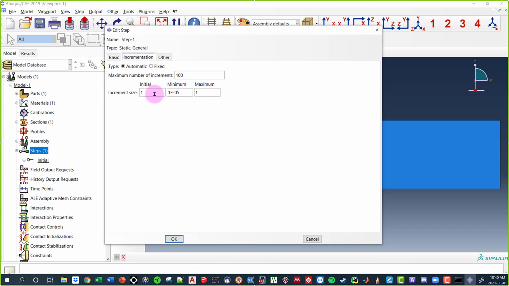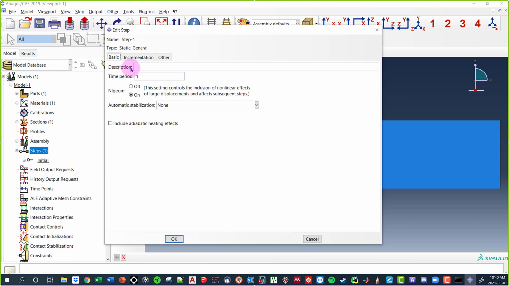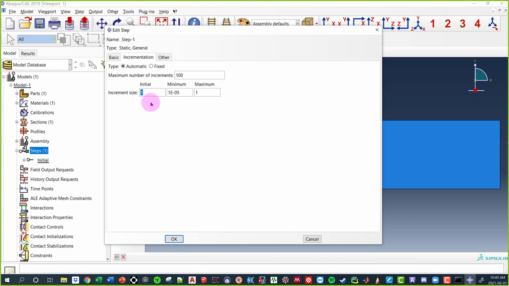Now, what incrementation means is this is going to be how much of time you want to do per step. So if my time period is equal to 1, and it's saying initially I want to apply 1 period of time, well, then it's going to try and go from 0 to 100% in 1 step. Now what I can do is I can change this to 0.1. So instead of going right from 0 to 1 kilonewton, this will go from 0 to 0.1 kilonewtons to 0.2 kilonewtons. It'll take step sizes of basically 10% to try and get there. So hopefully that makes sense.